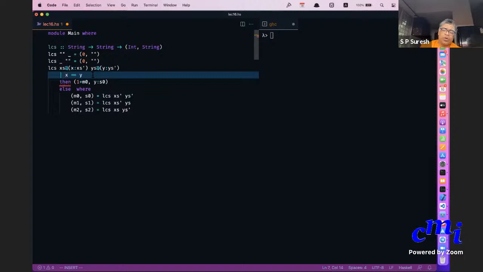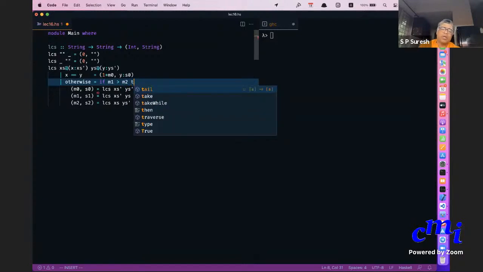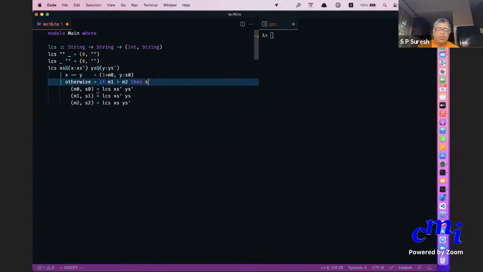In the case where x is equal to y, you do this. Otherwise, you want to compare M1 and M2. If M1 is greater than M2, then you want to just return M1 S1.